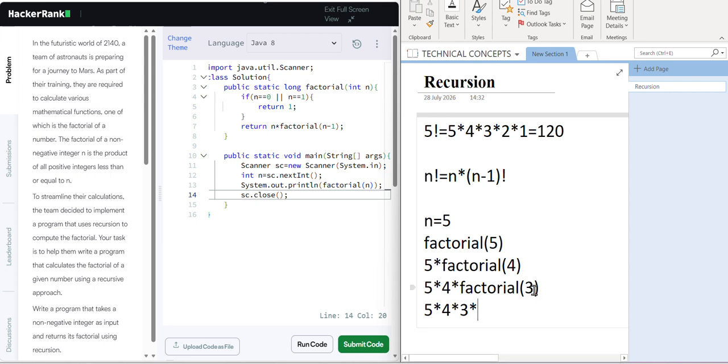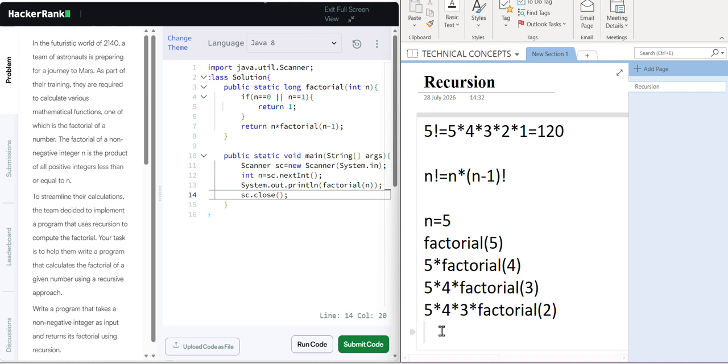Our n is 3, so 3 minus 1, factorial of 2. Again it will call. Now our n value is 2. 2 is greater than 0 and 1, so it won't execute the base case, the else executes. It won't stop until it gets 1 or 0.